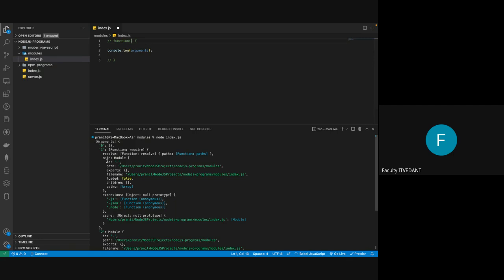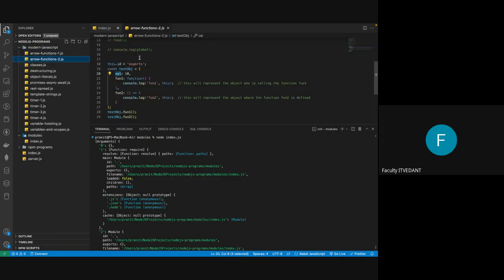These are those parameters. Now I'll write them in sequence. The first parameter is exports. Second is require. Third is module. Fourth is __filename. Fifth is __dirname. Out of these, some of the parameters we already saw. We already saw exports, I guess, in the arrow functions lecture, exports.id. I think we have done it. If you remember,